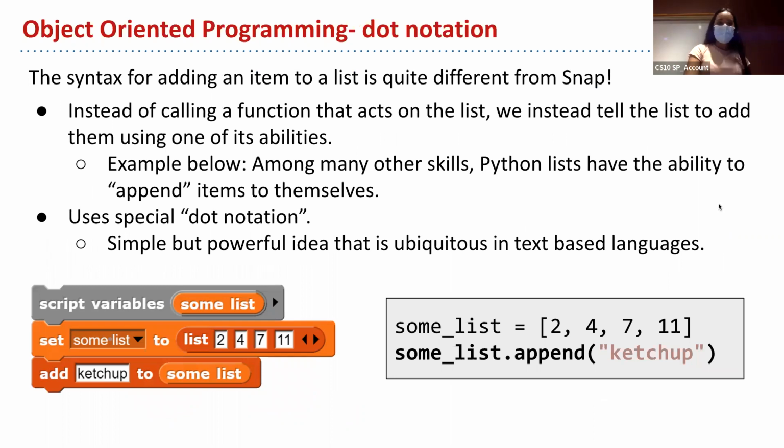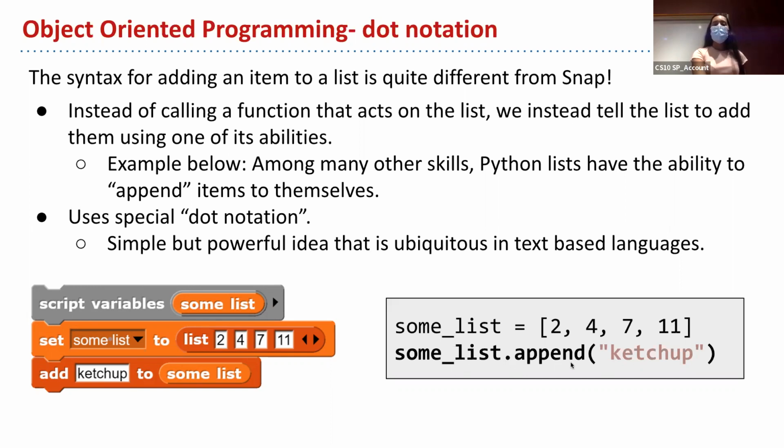So we're going to talk about something called dot notation, and this is really why I'm including this in this lecture. The syntax for when you call a function on a specific object is called dot notation, and it looks like this. You have your variable or your object that you're calling a function on, then a dot, then the function name, and then you pass in whatever needs to be passed in.